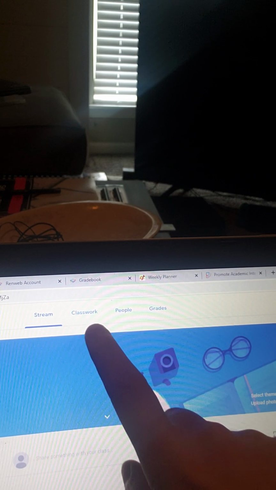If you look at the top of the page, I'll show you what mine looks like if my phone turns around and shows it. So we've got Stream, which is just the main page where everything's posted. Classwork you should have. I don't think you might have people. You shouldn't have grades unless you've got one for your own. But classwork, you ought to be able to click on that and see just a list of all the assignments for this class and when they're due, when they were assigned, everything like that, point totals, all that sort of thing. So if you're ever in doubt that you've done something, or if you want to make sure, try to go to that classwork tab. Now, if you don't have that, I don't know why I would have that and you wouldn't, but look for that, try to find it,